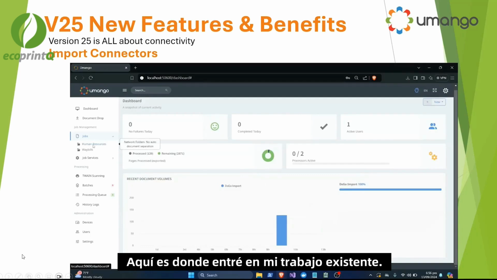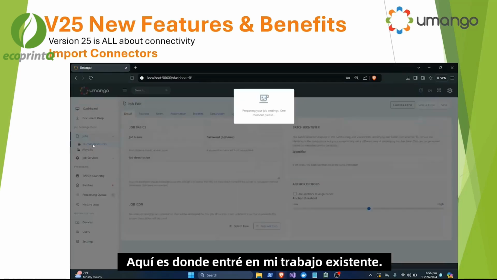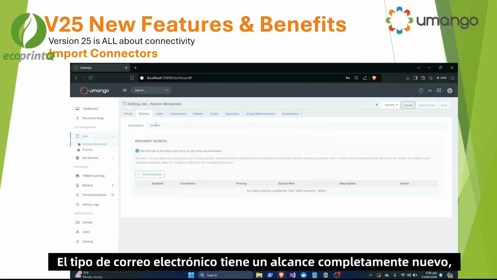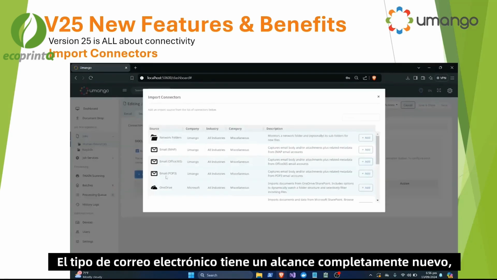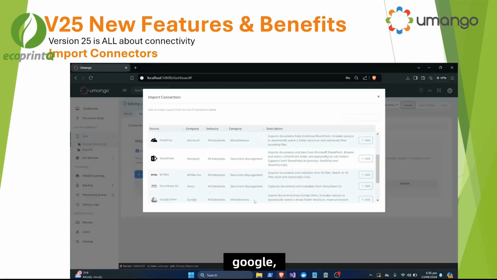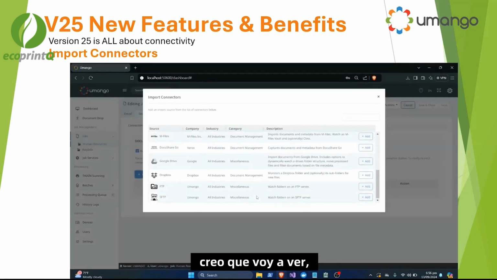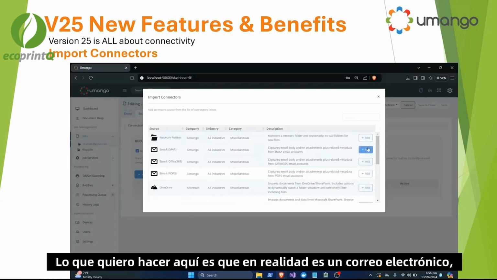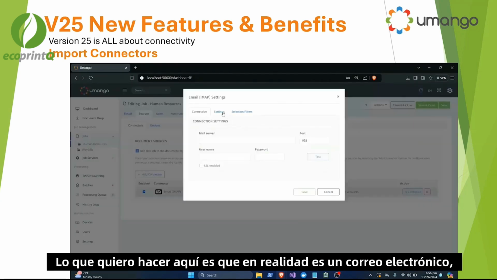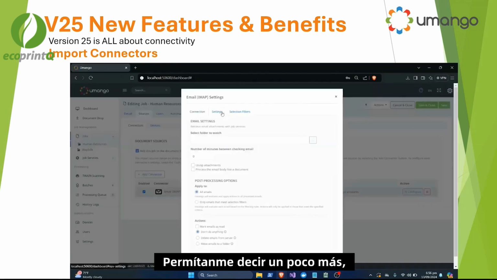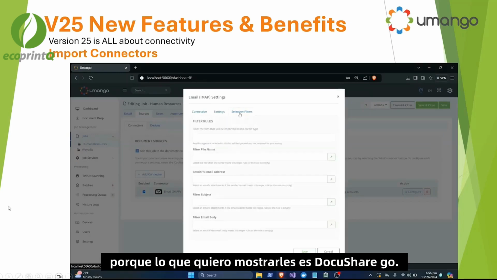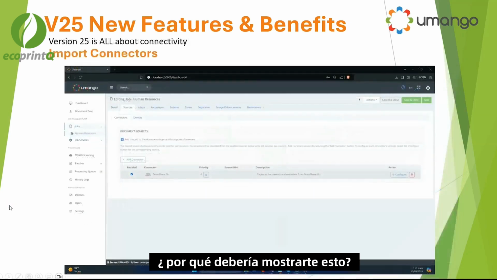This is where I'm going into an existing job. I'm going to my sources, adding a connector, and you'll see some of these. There's a whole new range of different email types, Google, Dropbox, and in this case, I think I'm going to look at in depth in DocuShare Go. And what I want to do here is actually, this is email, sorry. But let me just go on a little bit more, because I think the one I want to show you